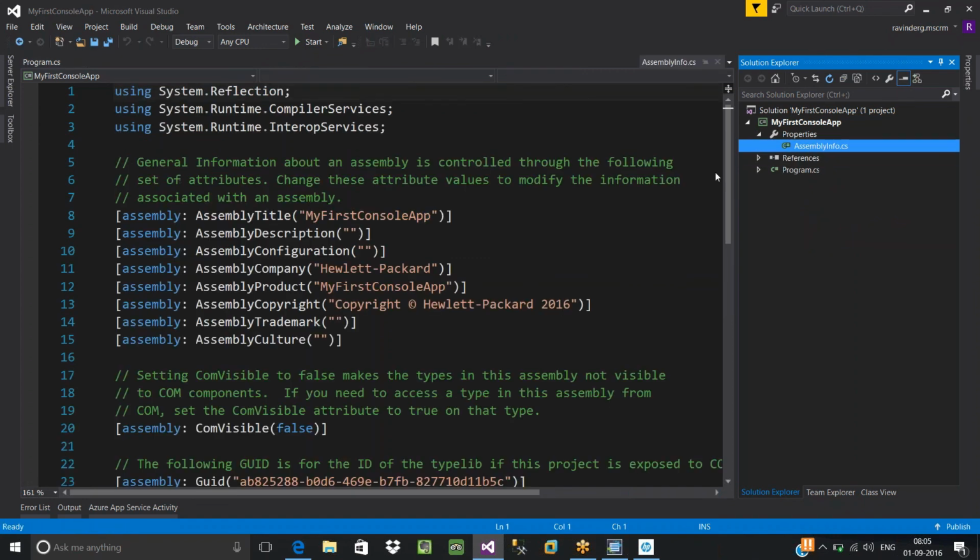Here you can see a file called assemblyinfo.cs. As I said, whenever you want to share your code with third-party people, if you share your code as it is in the original format, what will happen? They can steal your logic, right? Let's say MS Office. Is Microsoft exposing their source code in any of their applications? Java is open source, Linux is open source, Unix is open source. You can go there and see the source code of Linux, Unix and everything. But can we see the source code of any Microsoft component? No, they will never expose their code.